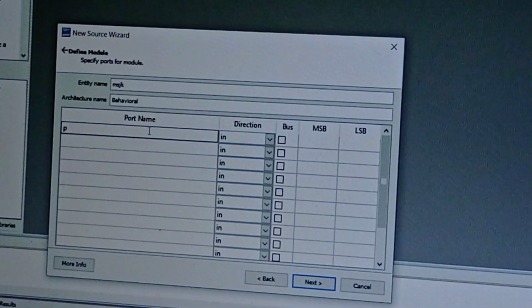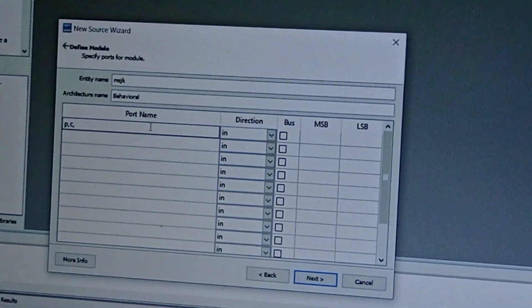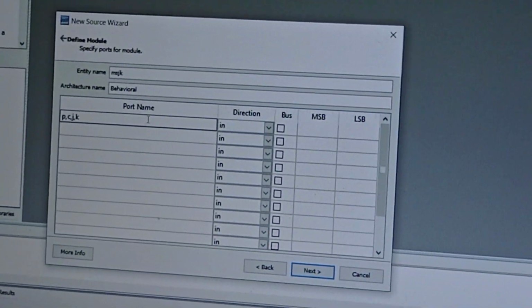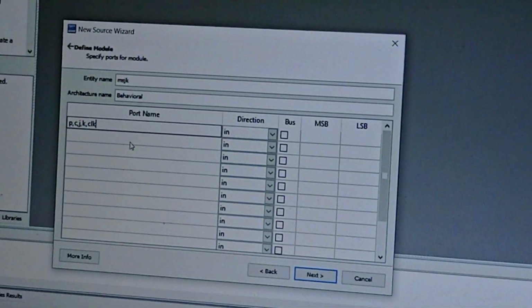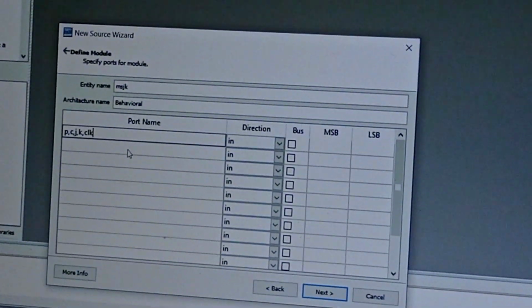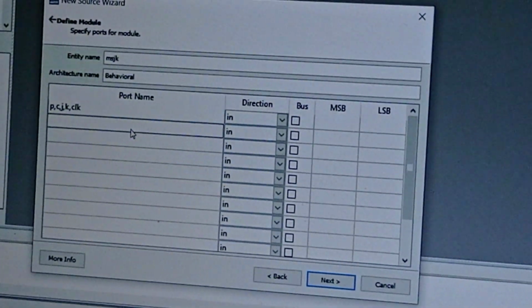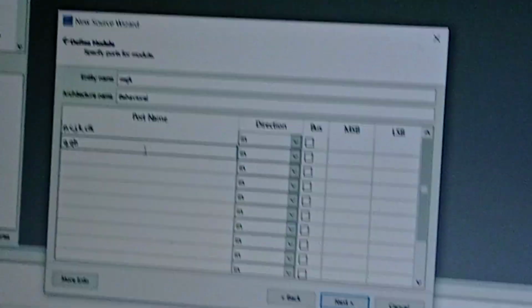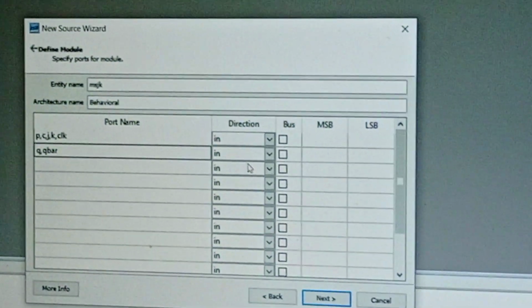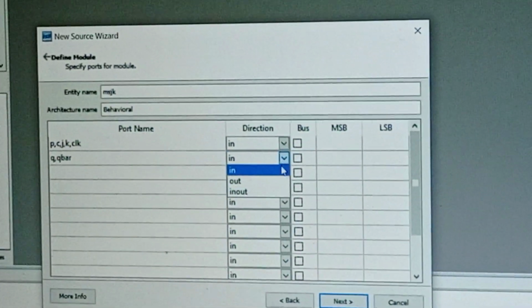Preset P, clear C, J and K are the inputs, and clock CLK. Next, output, that is Q, comma Q bar. Here you need to change the direction as out.